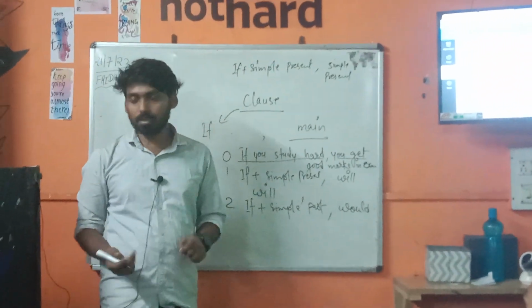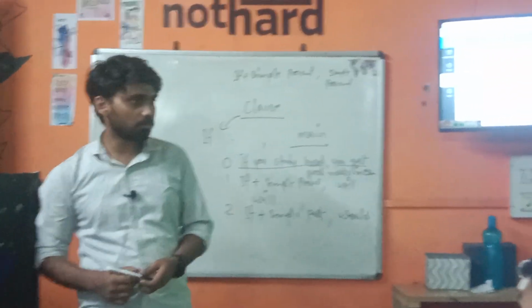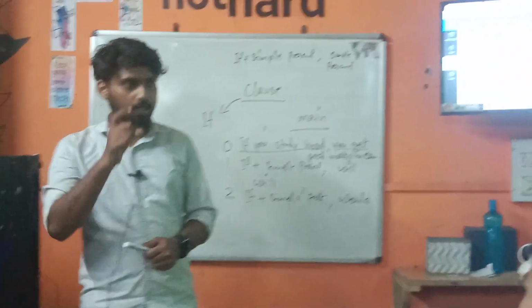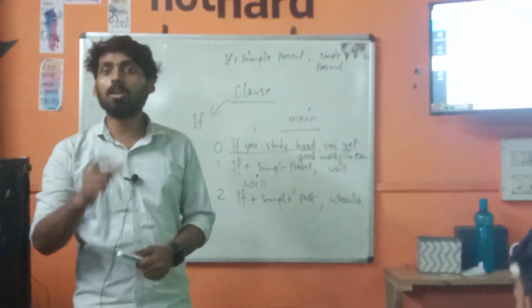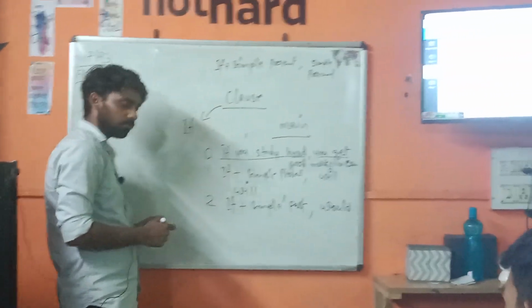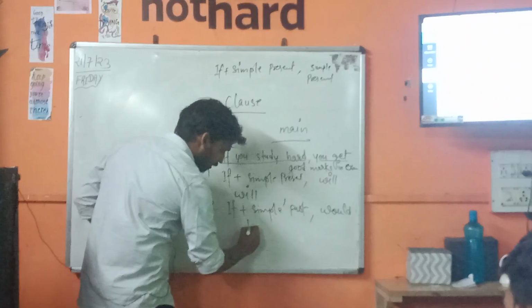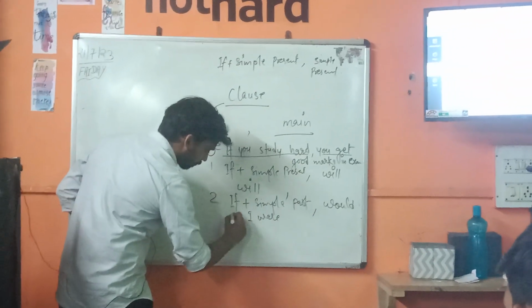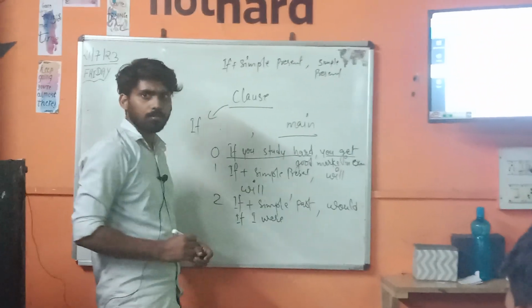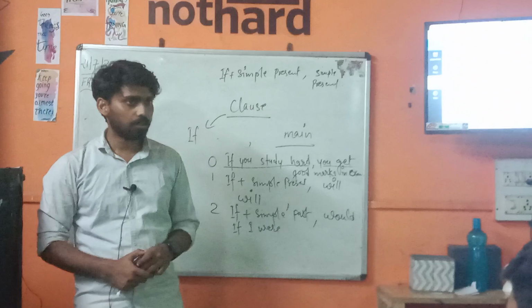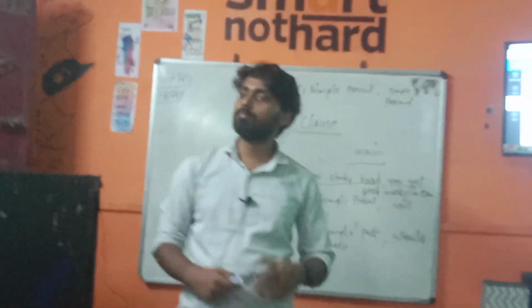If I was, normally you say I was very tired, but in this condition we use if I were. Yes, were. It is a helping verb, like I was, I were. So, if I were prime minister,